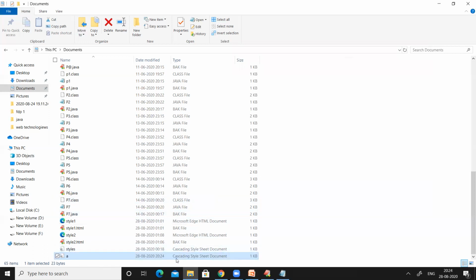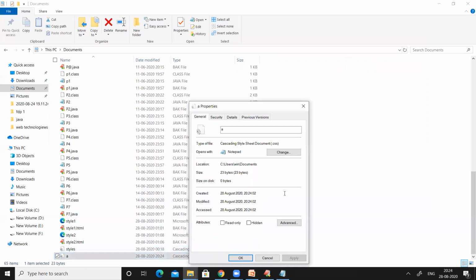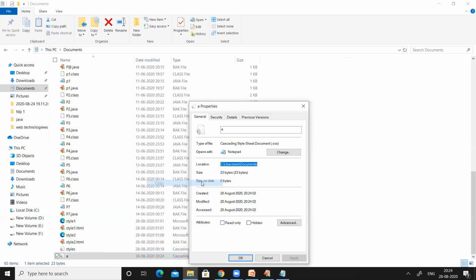If you observe the type of the file, it is represented as cascading style sheet document. Okay. So make a right click here and go to properties. And this is the path where this CSS has been saved in our computer system. Now copy the particular path.